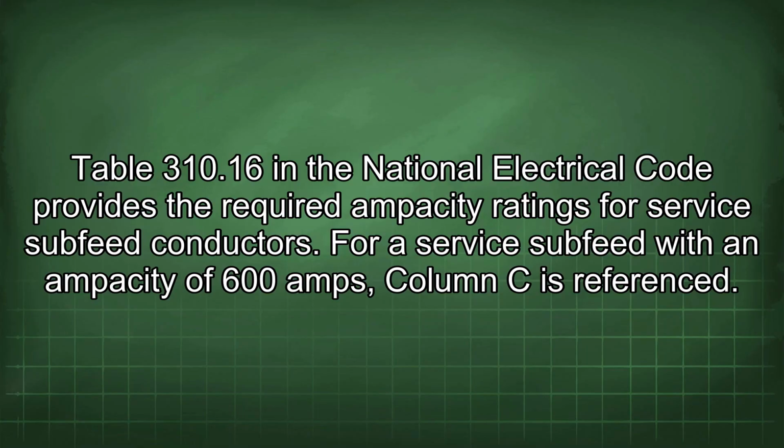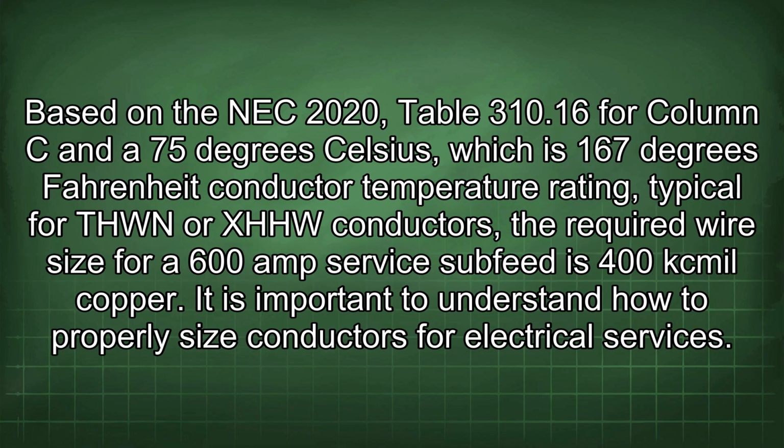Table 310.16 in the National Electrical Code provides the required ampacity ratings for service subfeed conductors. For a service subfeed with an ampacity of 600 amps, column C is referenced. Based on the NEC 2020, Table 310.16 for column C and a 75 degrees Celsius, which is 167 degrees Fahrenheit, conductor temperature rating, typical for THWN or XHHW conductors, the required wire size for a 600 amp service subfeed is